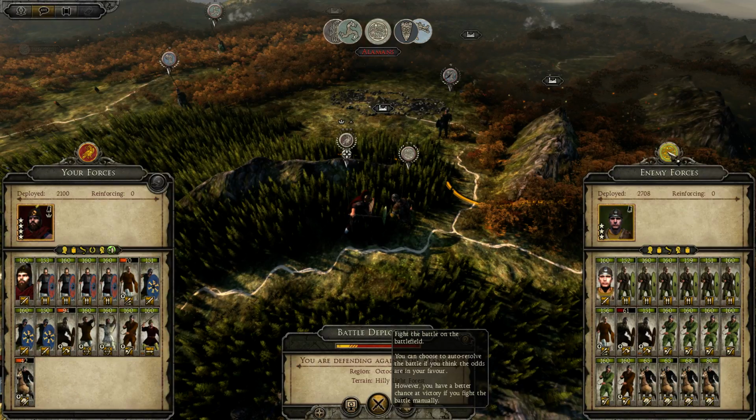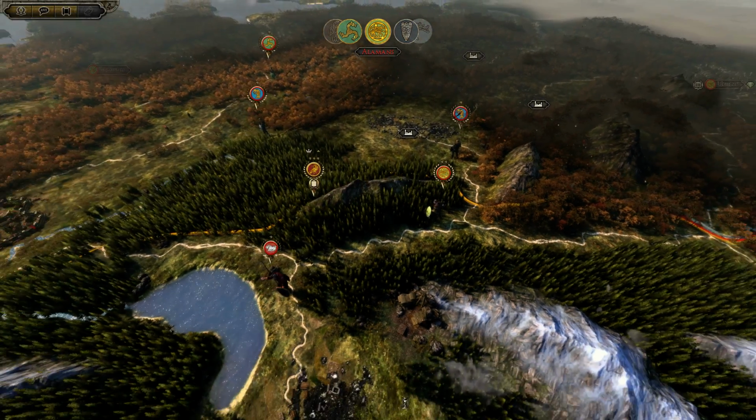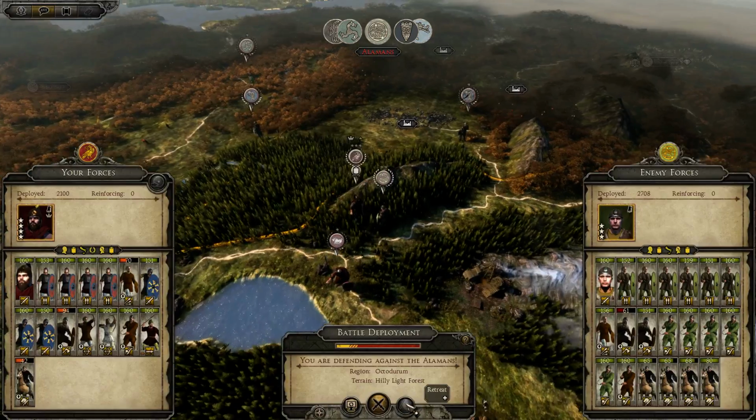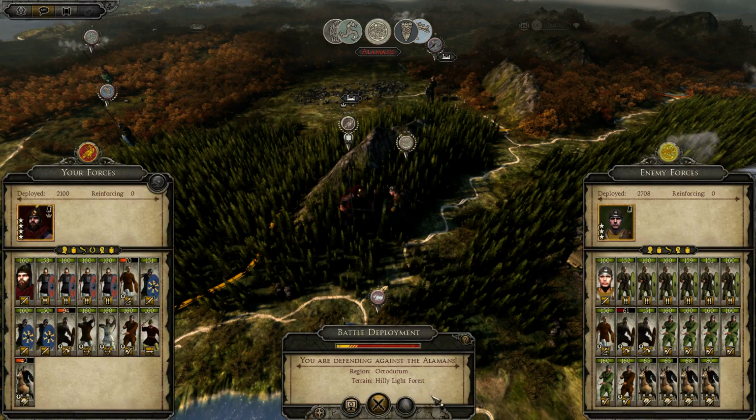You are the Alamans. I am not going to fight you. I'll retreat. Apparently we are going to fight. They have a lot of missile units. This does not look good. It highly looks like he's going to just get routed. He did not run away very far. I'm very disappointed that the Alamans came to fight me here. Well, we'll fight this to try to save our general, but